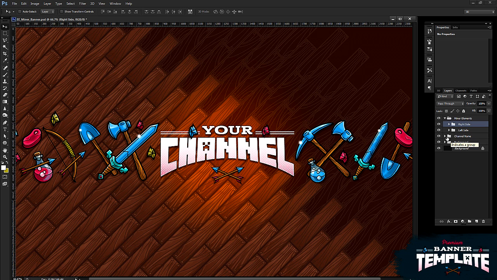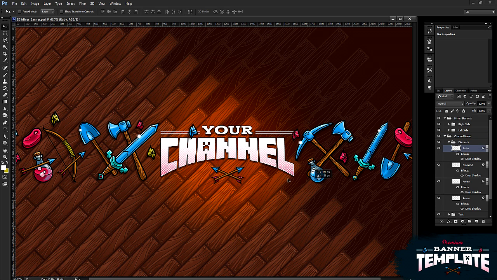The other big thing is that the text is 100% editable, and it will retain all of its style and visual effects. So if we look in the channel name grouping I've got here, you can see the elements is grouped, and each one is named in groups, so you can grab the Ruby and move the Ruby around and do whatever you want. The channel name text, I use free fonts for this one. They're not distributed in the zip document, but I'll show you in a minute the text file that comes with it that shows you where to download these fonts.